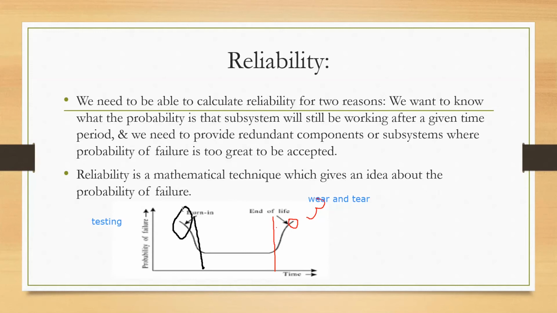Only these are the two points of high failure, and the shape is like a bathtub, so we call it a bathtub curve, or the reliability bathtub curve, where there is a high probability of failure in the early stage life of a satellite, which could be because of improper testing. And this definitely can be overcome by improving the redundancy and giving time for proper testing. You definitely can control this, and you cannot control this particular area.